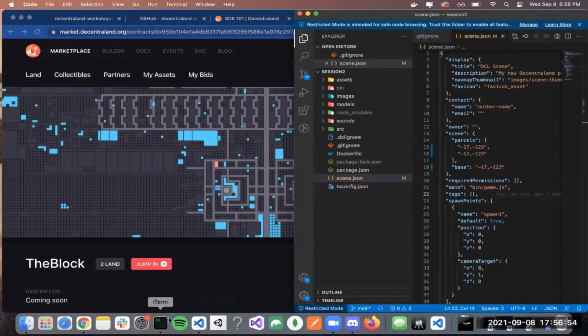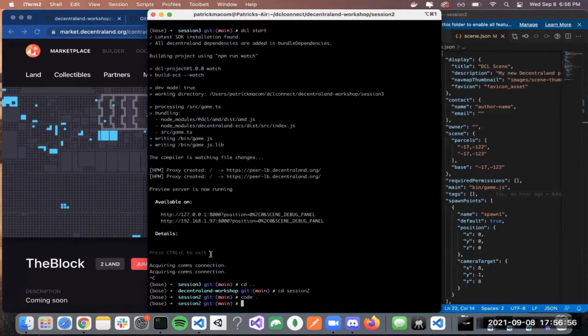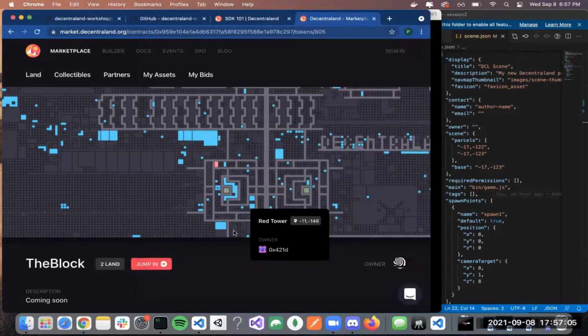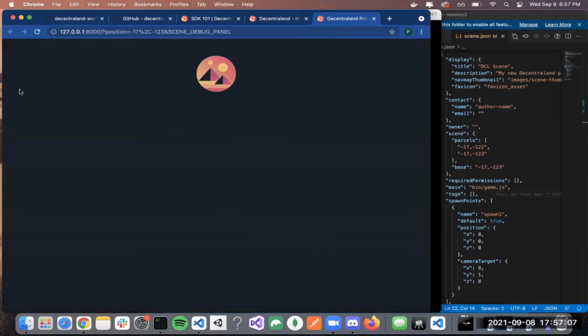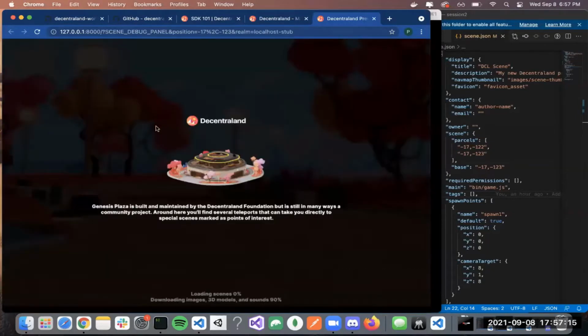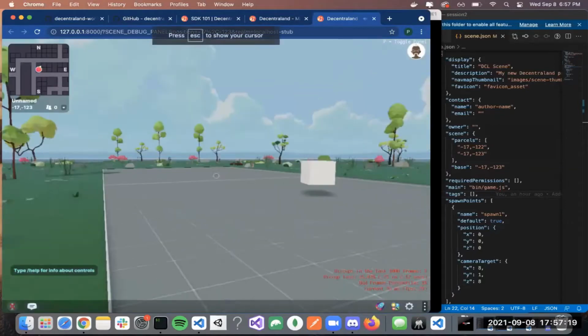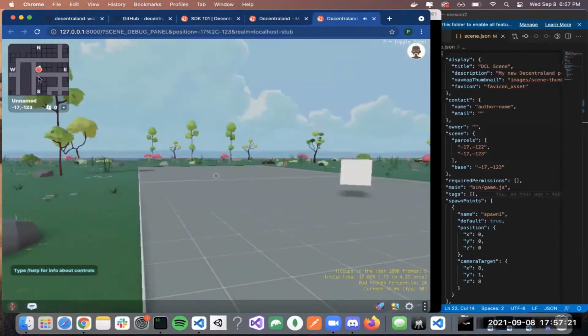Okay, so now let's go into the terminal. I'm still in here. You don't have to update it to this unless you really want to, but I'm going to do DCL start. And we're going to see that it's going to recognize that, and it's going to show me on the map in the top left-hand corner my parcels. This also gives me an opportunity to double check, make sure it's not in any weird shape that I'm not expecting. Okay, see, if you look over here in the top left-hand corner, those are those 2 little parcels that